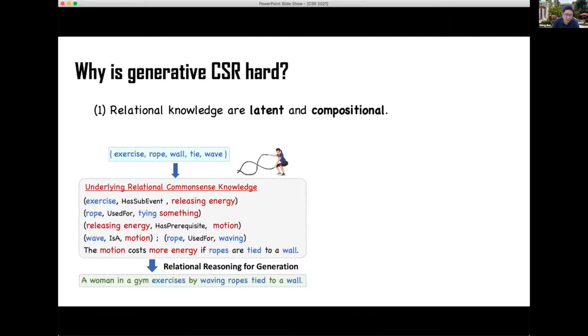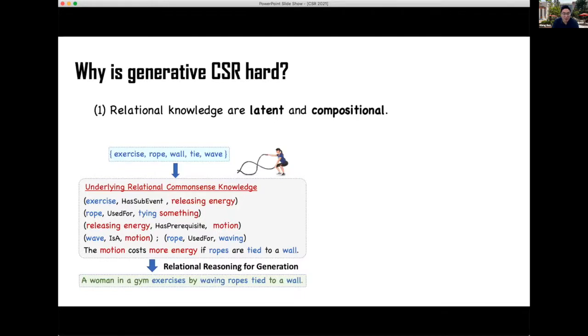But here as an example, if you are given concepts like exercise, rope, wall, tie, and wave, what we hope the system is doing internally is to understand that exercise will lead to releasing of energy, and the rope can be used for tying something, and releasing energy is led by having some motions of your body, and wave is a type of motion people can do, and the rope is used for doing the waving action. And then at the end of the day, you will see that the motion will cost more energy if the rope is tied to a wall. All of these together are very useful